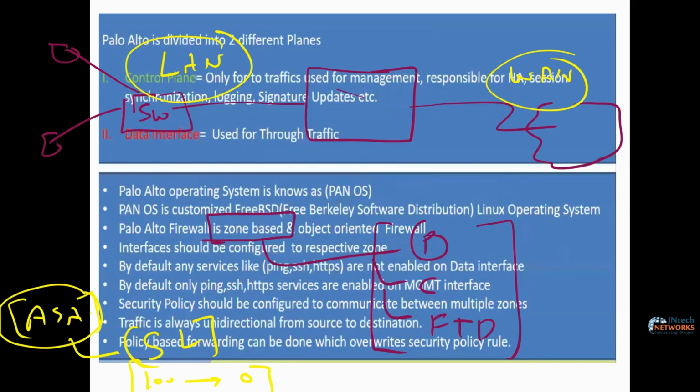Jatinder, Mustafa, we clear? Okay. Okay, so now